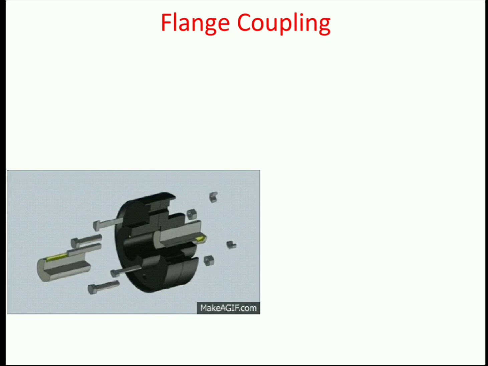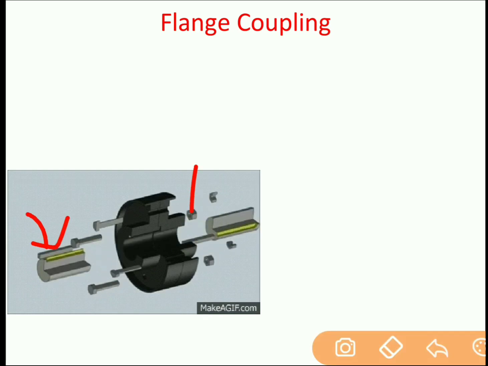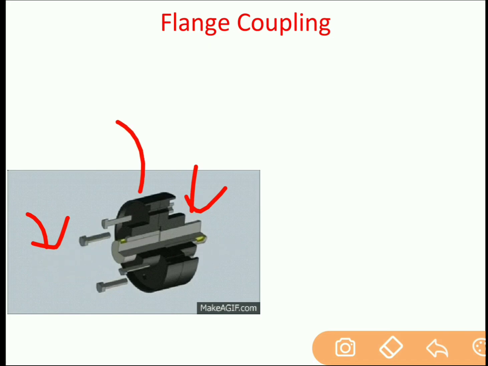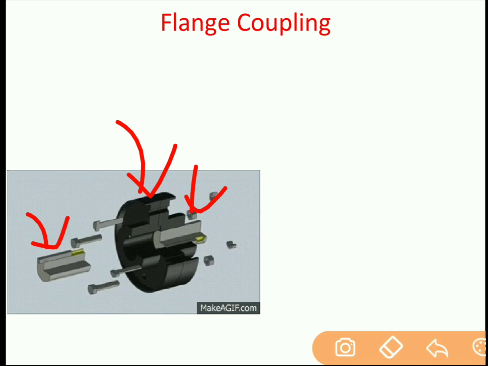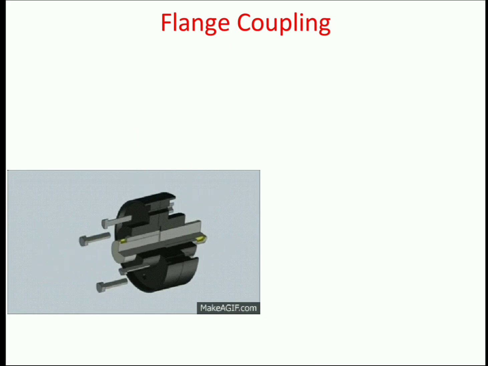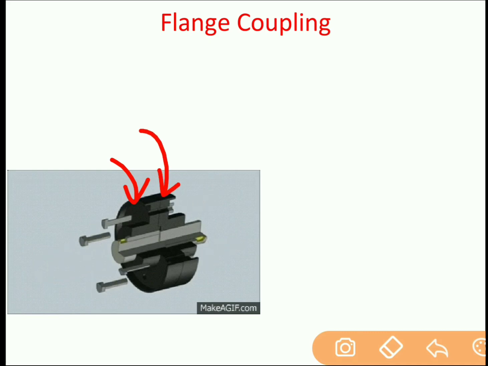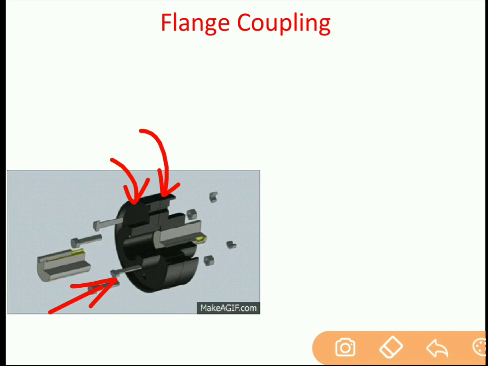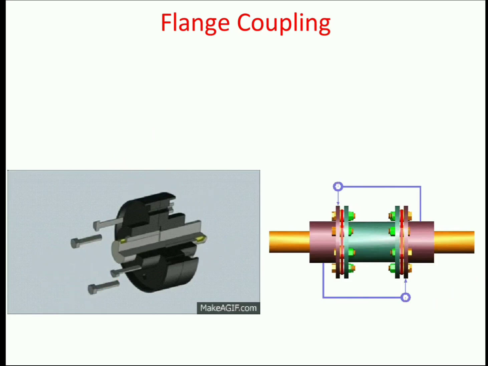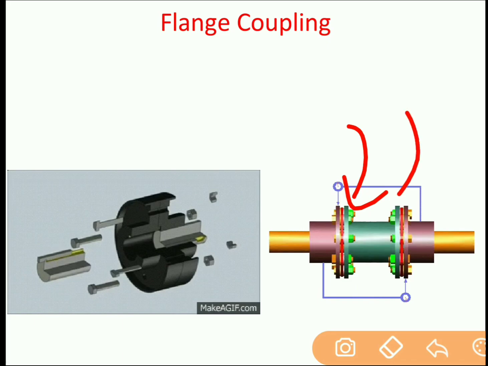Next is the flange coupling. You can see the animation of flange coupling. It consists of two shafts, driving shaft and the driven shaft. Power is to be transmitted from one shaft to another, and in order to connect these two shafts, a coupling is provided. Flange coupling is similar to the disc shape, and there are total two discs over here. One disc is connected to the driving shaft, another on the driven shaft. These two discs are joined together with the help of nuts and bolts. So when these two shafts are connected with the help of flange coupling, it will look like this. So this is a flange coupling over here.